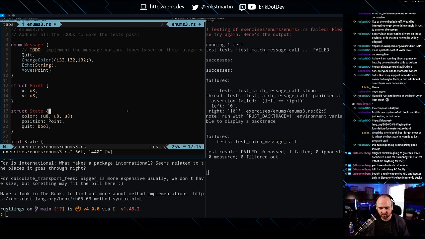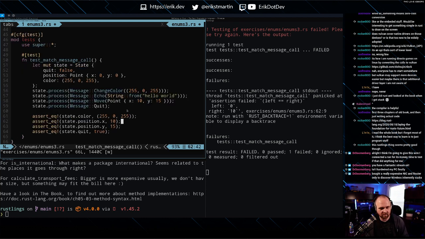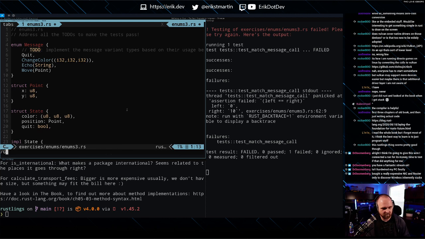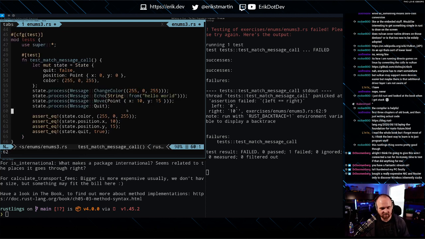All right, so this is 10 and 0. Line 62, position X. Oops. I keep getting an inch off of my keyboard and typing the completely wrong character. All right, so we need 10 here.